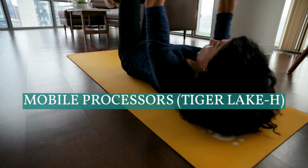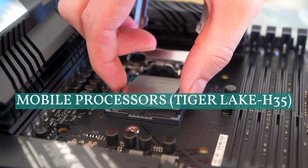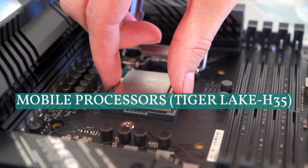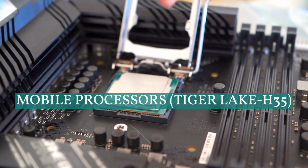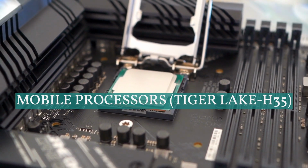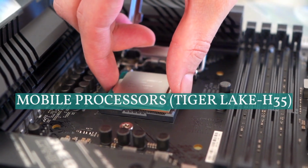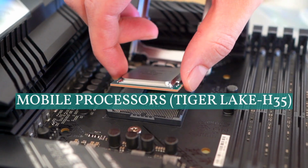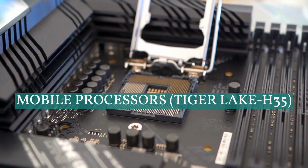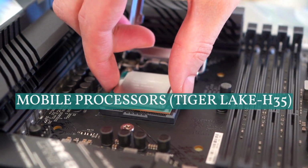Mobile processors Tiger Lake H. As we venture forward, let's take a closer look at mobile processors Tiger Lake and its impact on our understanding. Mobile processors Tiger Lake H: all models support 3200 and 4267 memory. Processor branding, model, cores, threads, base freq, TDP, max turbo freq, active cores, Iris Xe graphics, smart